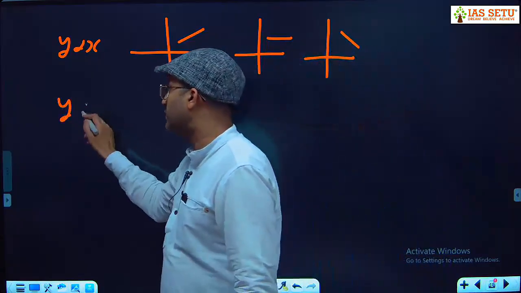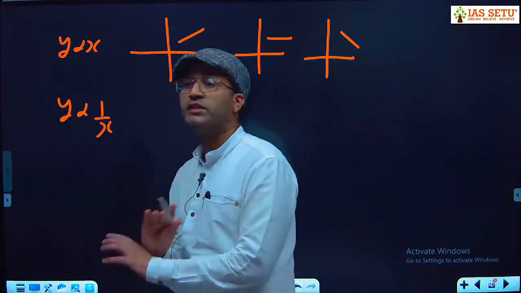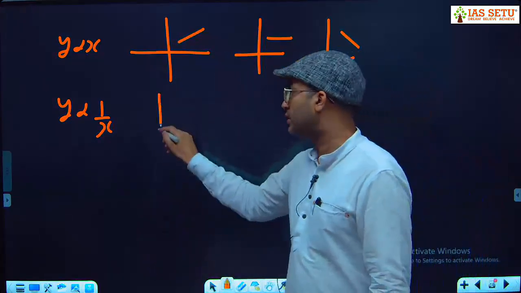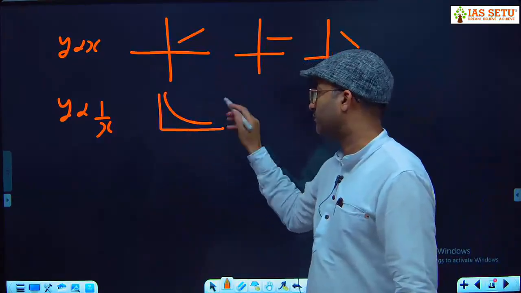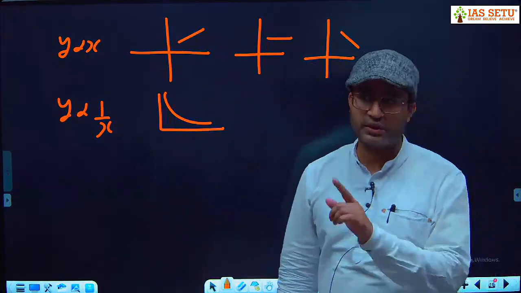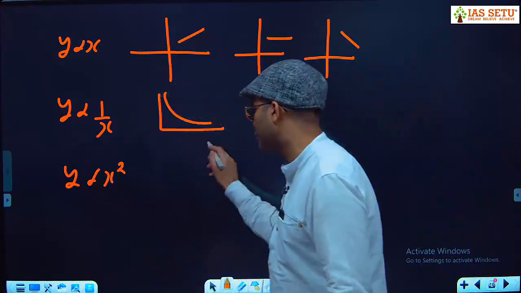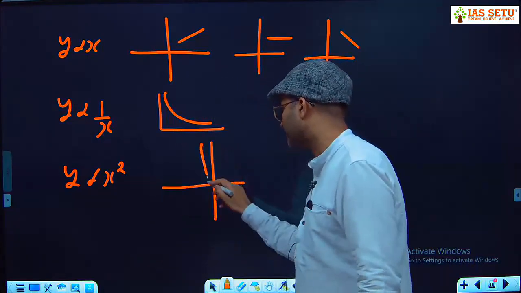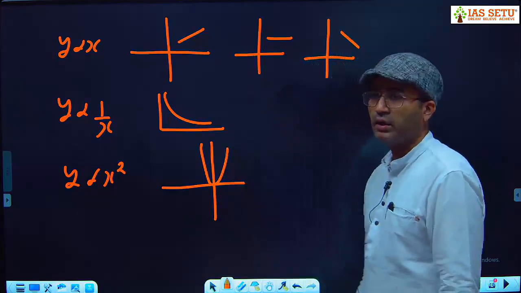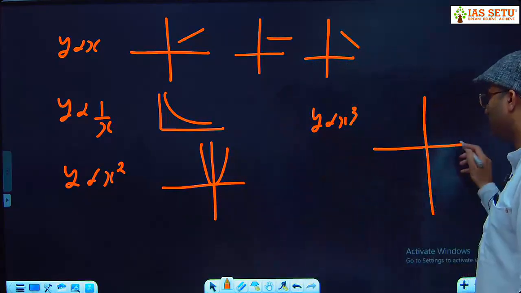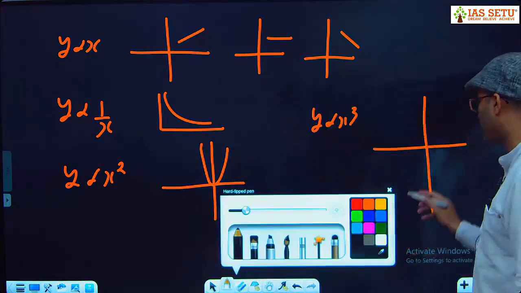Y is inversely proportional to x. We never have a straight line graph. Observation कुछ भी बोले, here it is a curve shape graph. Curve shape बनता है हमेशा. Then y is directly proportional to x square, U shape graph, U shape. Then y is directly proportional to x cube, inverted S, उल्टा ऐसा है।